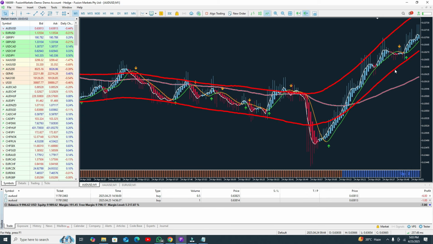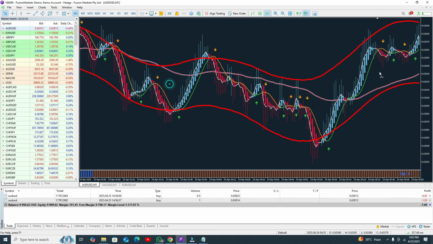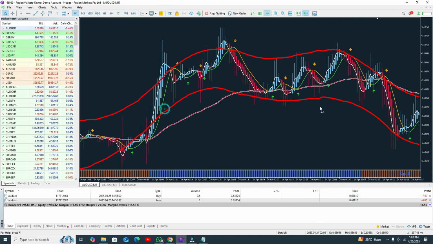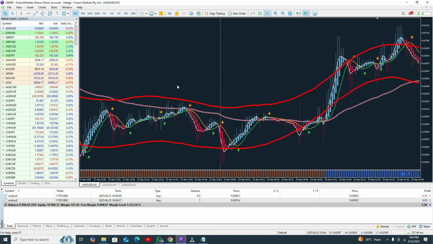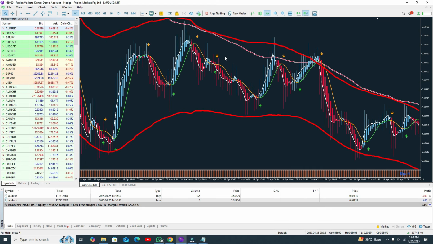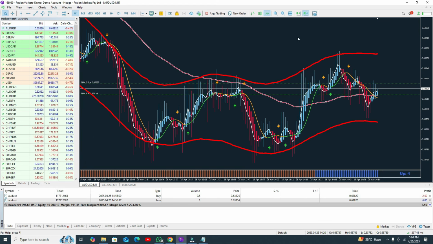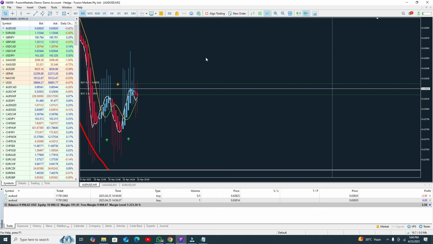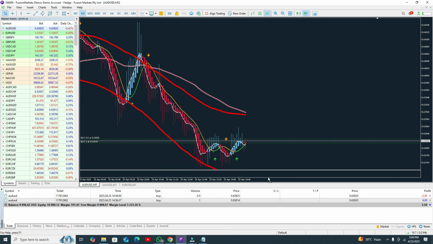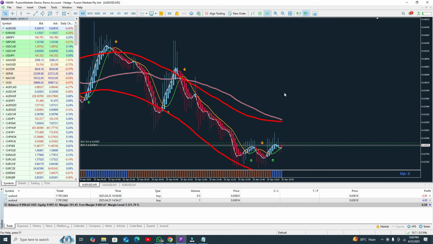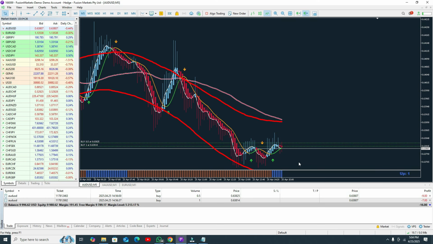Here you can see in the 1 minute time frame as well you are getting awesome results. The indicator is giving you awesome results. But we are working on the 5 minute time frame. Let me show you. Indicator loading. Here you can see. Hopefully from that point I will stop the video and I will show you the results of this trade. Definitely I will show you the results.